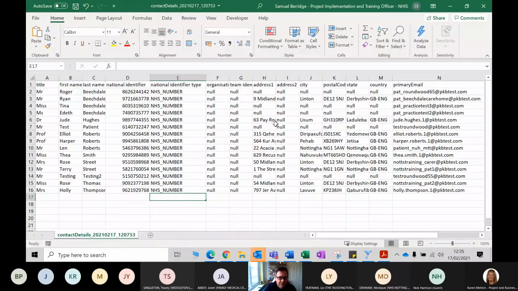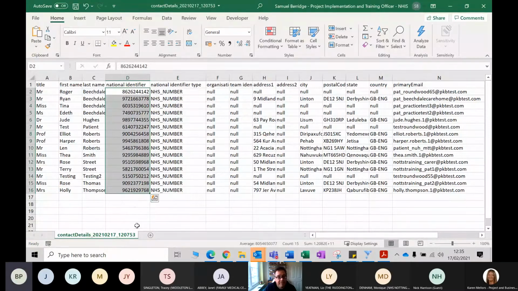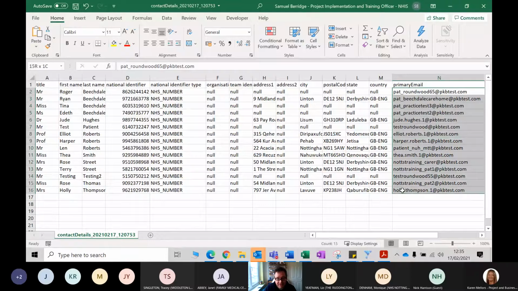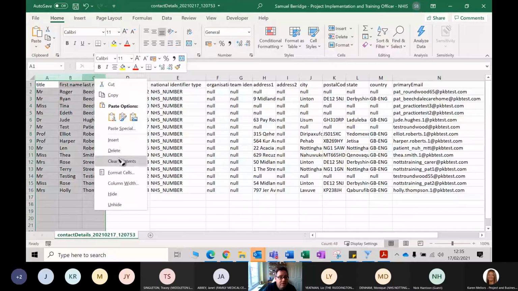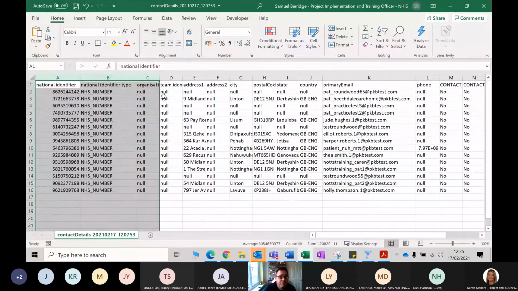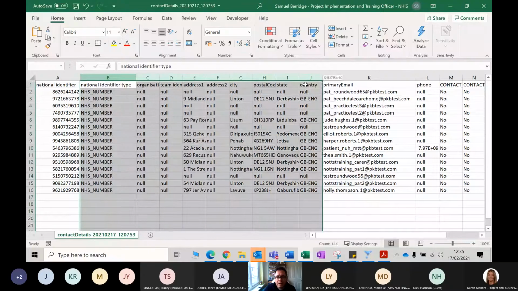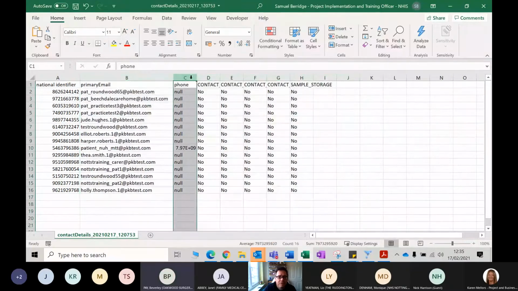Now the actual information all that SystmOne needs is the NHS number. But before we give it the NHS numbers, we're going to make sure that the ones we're going to give it have actually got an email address. So first of all, I'm just going to get rid of all the data I don't need. And I'm literally just going to right click, delete the columns, delete the columns,